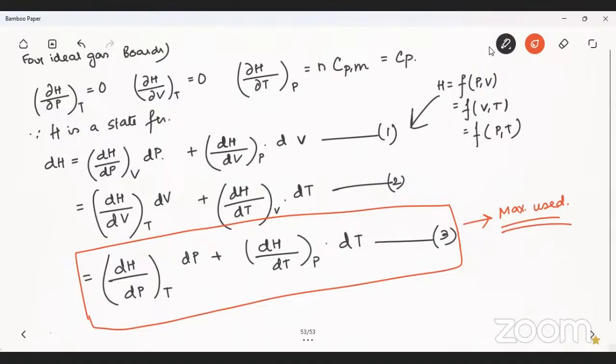Okay, now let's start. Case 1. So what is case 1? Ideal gas undergoing any process. So there, dH